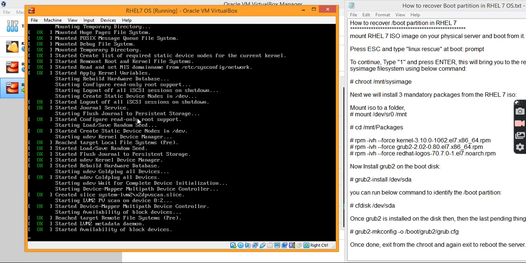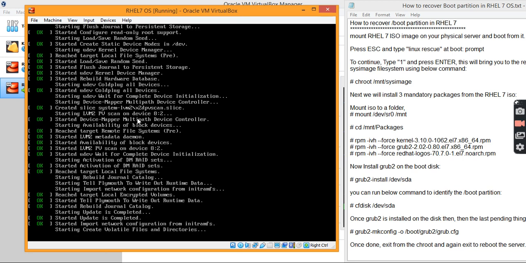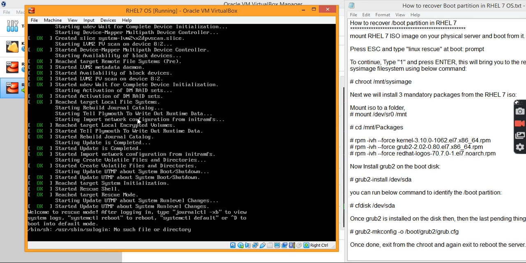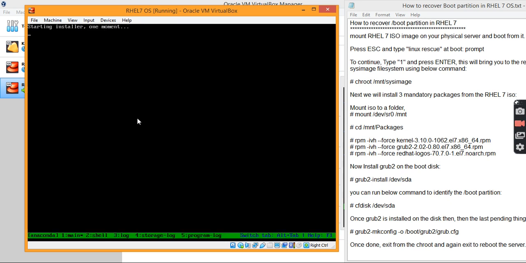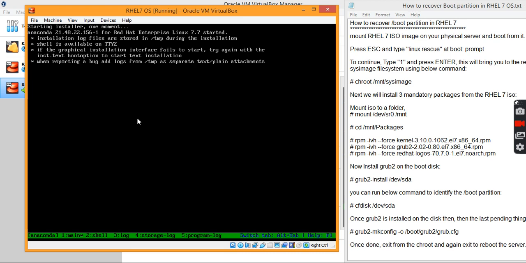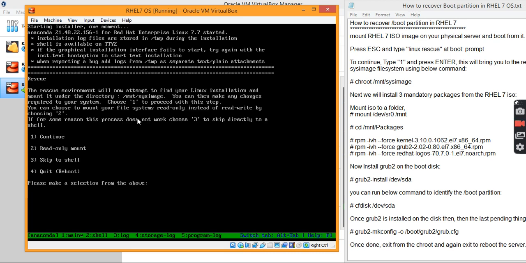So let's install the grub one more time. Go with option 1. If it is not proceeding with the 1, retype 1 again.